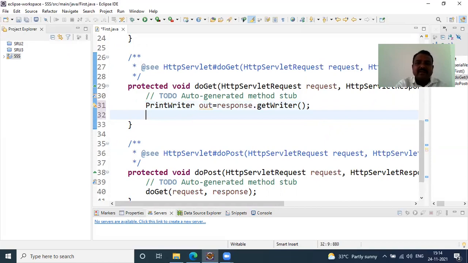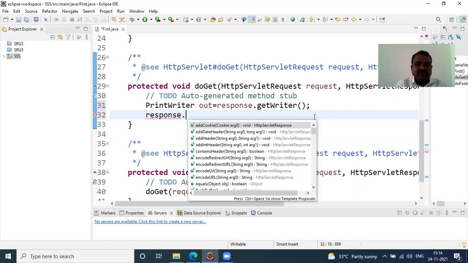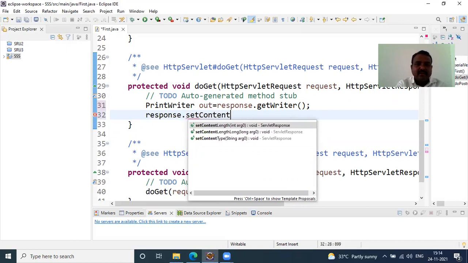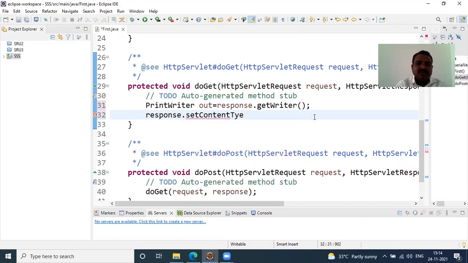Okay, all right. Now I say response dot, and we are going to call this method. With the help of this method, what we are going to tell my servlet is that the content we send from the servlet to the client will be in text format, or it can be in the form of HTML also.